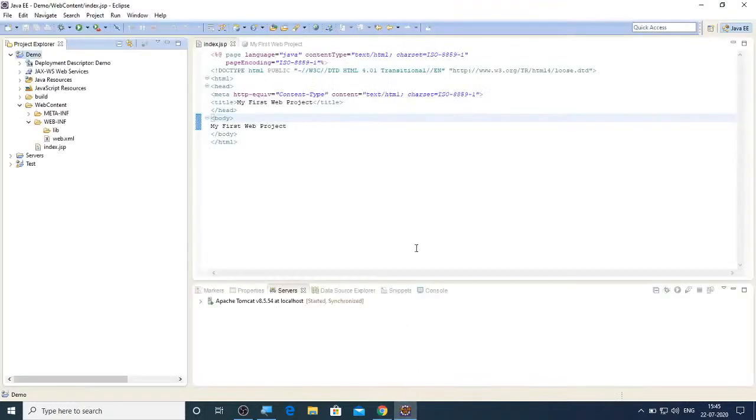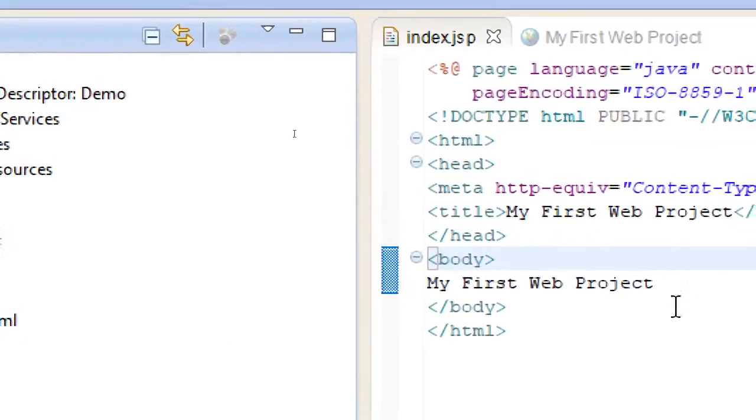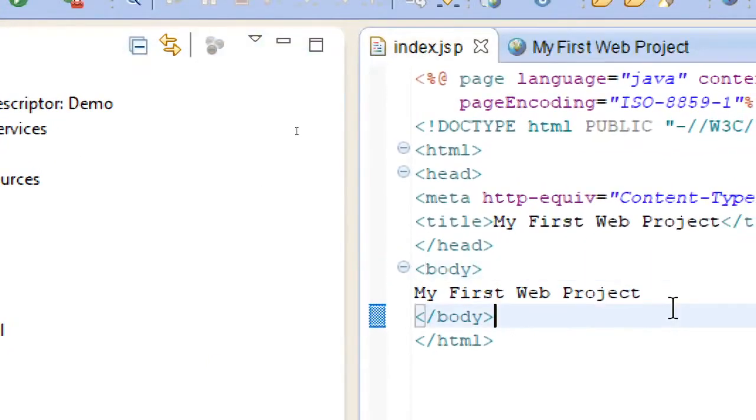And now let's get into it. I hope you understood how we have created this. Now what we will look at is some more things, like creating a first servlet, like that we will see. And later I'll discuss the JSPs in detail.